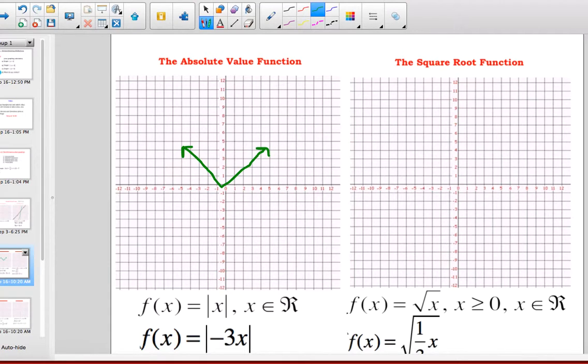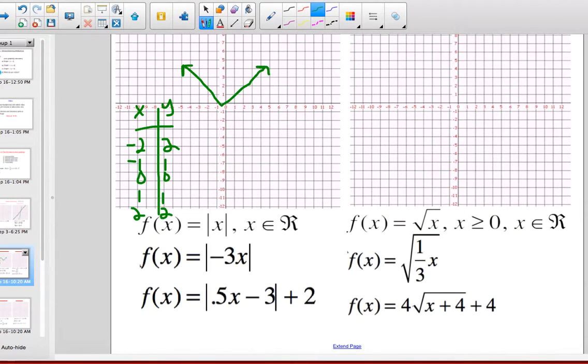So we could take our chart, right, and you kind of want to get in the habit of doing charts with these, right? You got -2, -1, 0, 1, 2, and then so these are my x's, these are my y's, and then the absolute value of -2 is 2, 1, 0, 1, 2. So now when we do these transformations, right,